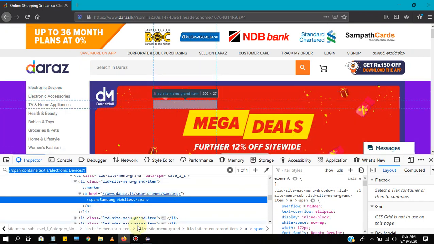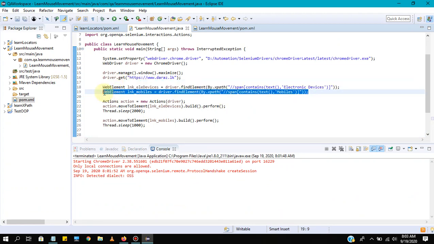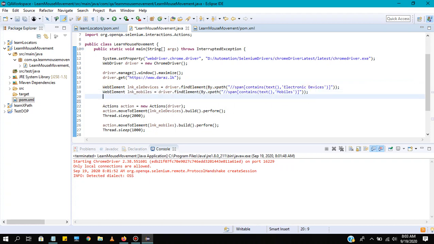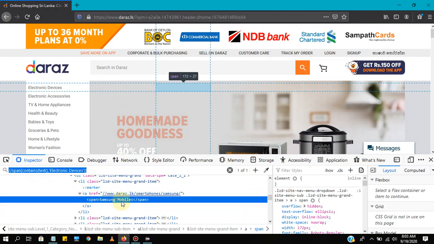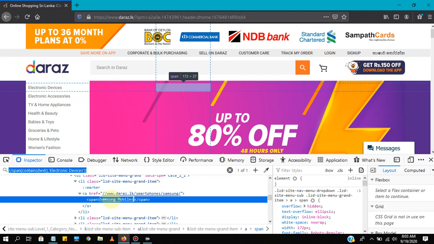So just copy the same set of code, paste it. So you can see here the tag is span, only this text is getting changed. So that's why I'm just copying this without writing XPath for each and every one of these links.